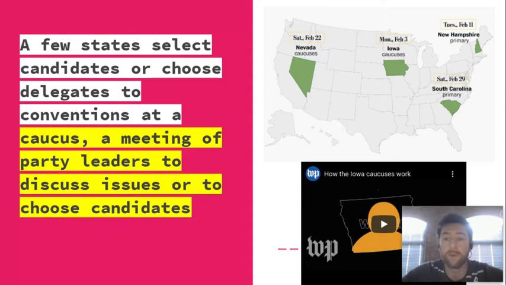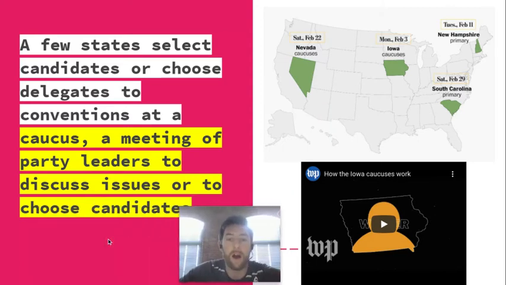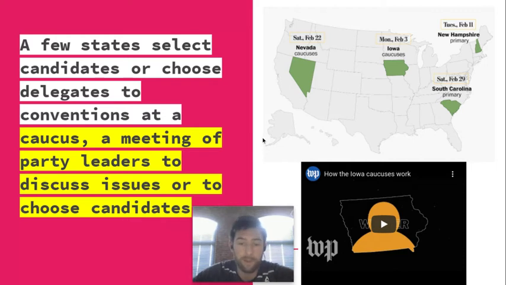And that's kind of the reason why you don't see many states going along with these caucuses. The video here that's included shows you how a caucus really works. But again, it's very town hallish. You get to meet the candidate and the party leaders who are sent to these polling places, and they literally just talk to you, sometimes in big auditorium settings, most of the time in smaller settings. You talk to all the leaders, and then based on that you vote. So it's a little different than how regular primaries work.